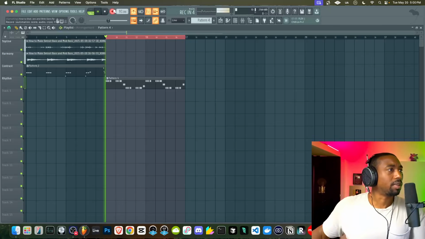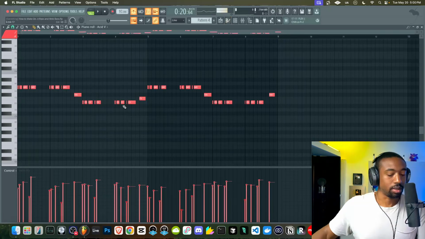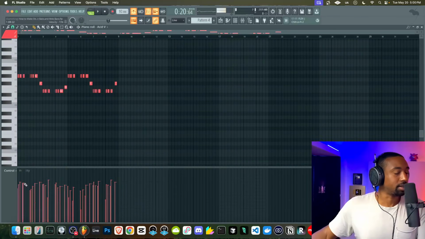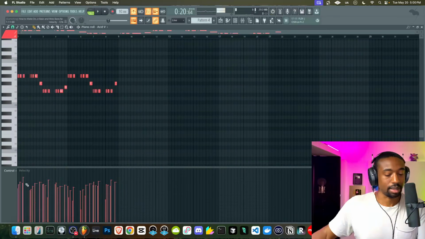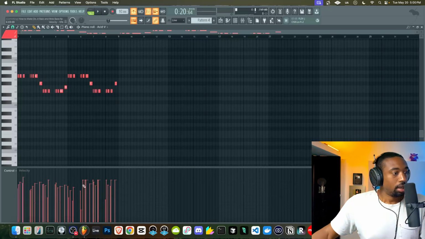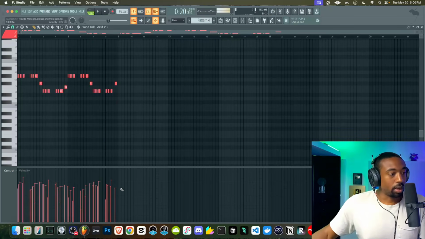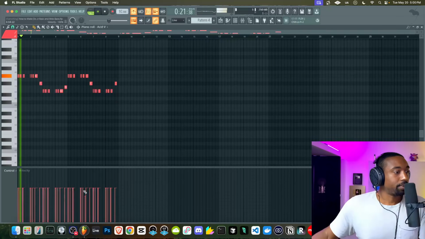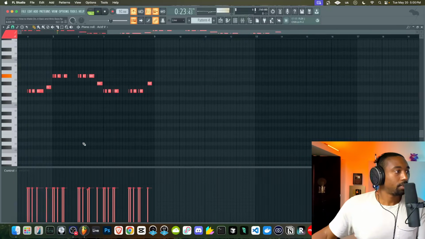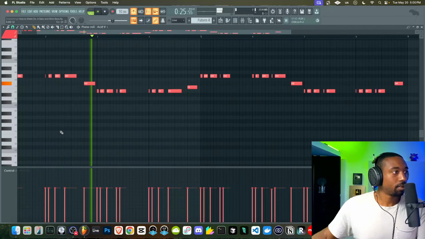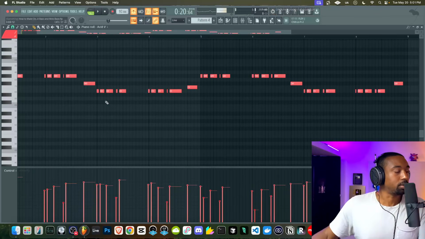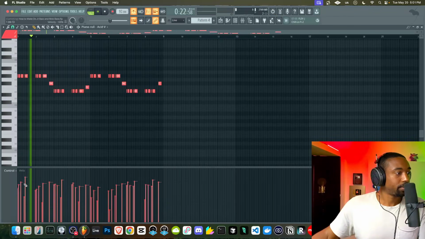So something weird about the velocity. One note I'll say to you guys is you've got to be really careful about the velocity, because if you trigger it too high, it creates this palm mute sound, and that's not what I want. So just keep that in mind when you guys are recording using this plugin specifically. You have to play a lower velocity. All right, so I guess I quantized too much. See how we played that low.